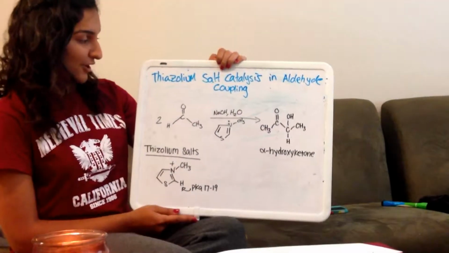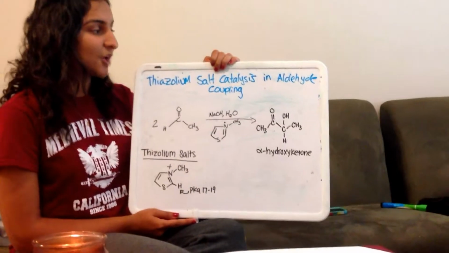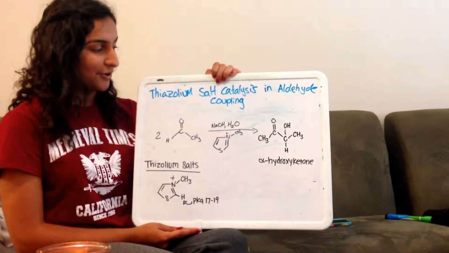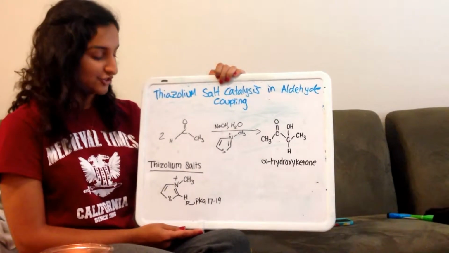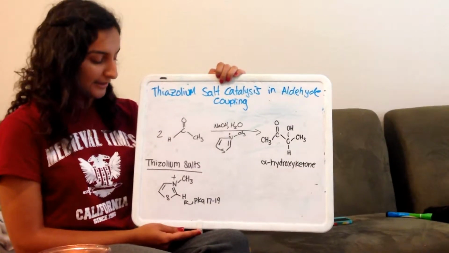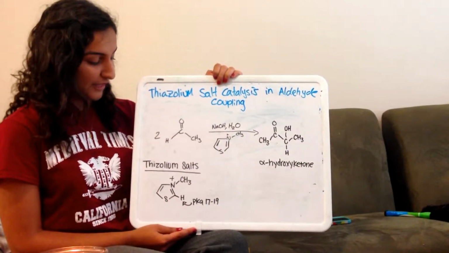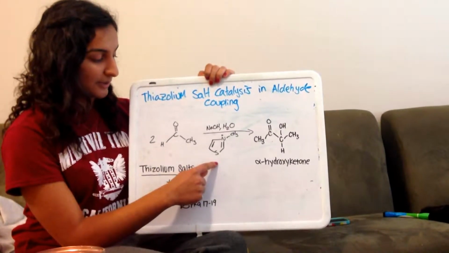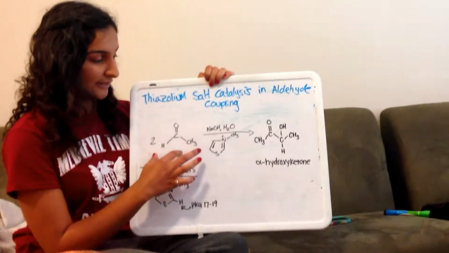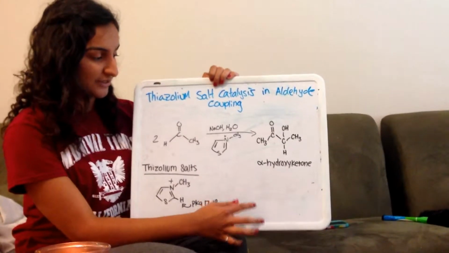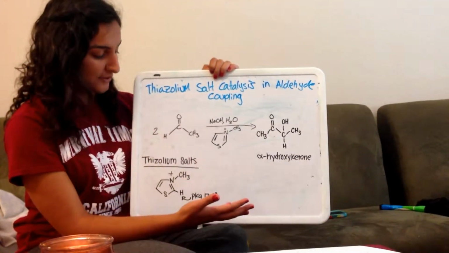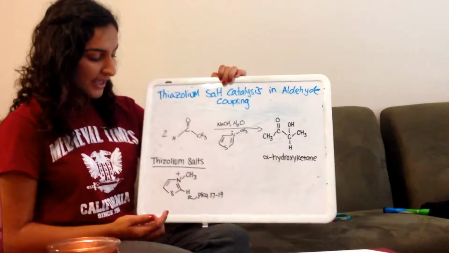The mechanism that we are going to be talking about today is the thiazolium salt catalysis and aldehyde coupling. Thiazoles are heteroaromatic compounds with nitrogen and sulfur. Through alkylation of nitrogen, they form the thiazolium salt. We use this thiazolium salt combined with two aldehydes to form an alpha hydroxyketone. The reason why this can happen and what actually drives this whole reaction to occur is the fact that there